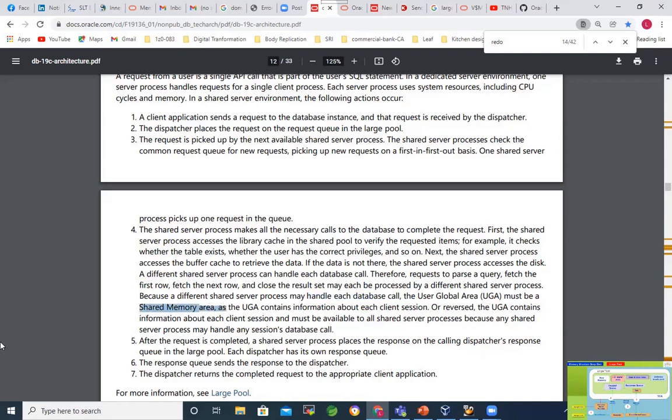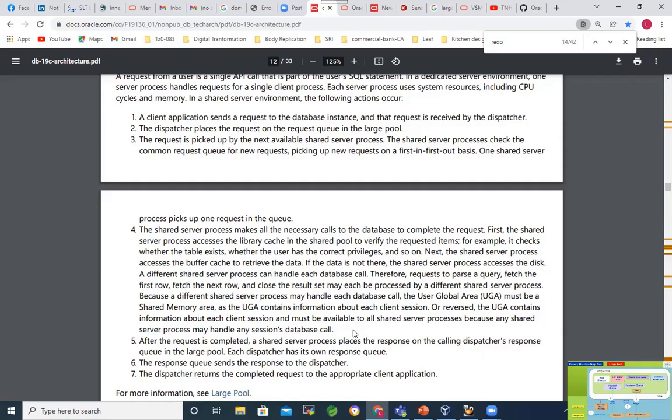The user global area must be a shared memory area, as the UGA contains information about each client session. That's true. The UGA contains information about each client session and must be available to all shared server processes, because any shared server process may handle sessions from a DB call. That's why, because there is session related information, those things should be available in the user global area.